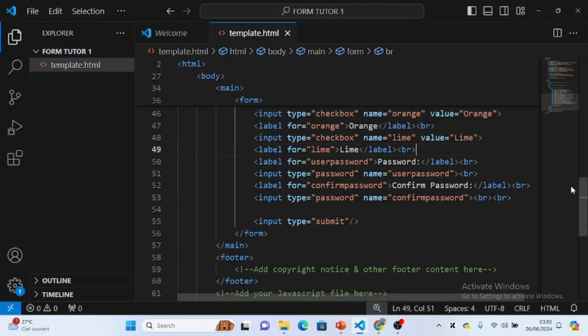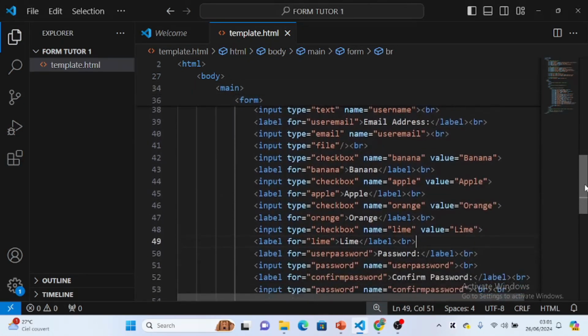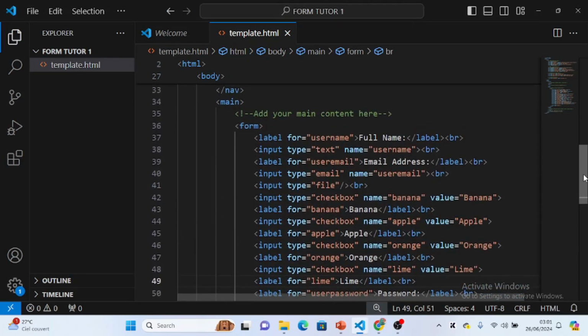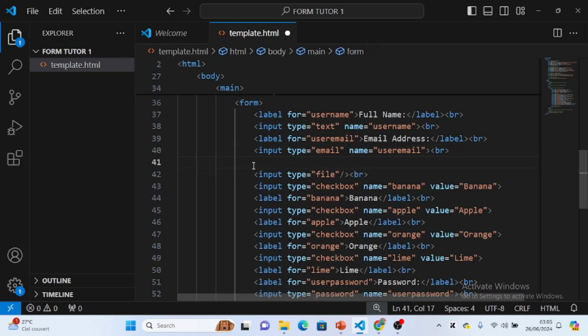The next input type we are going to talk about is the number input type. So we are going to come here. Let's assume that after the email, you have to enter your phone number. We are going to implement the phone number input type so that you will see how it shows on the form. So to do that,